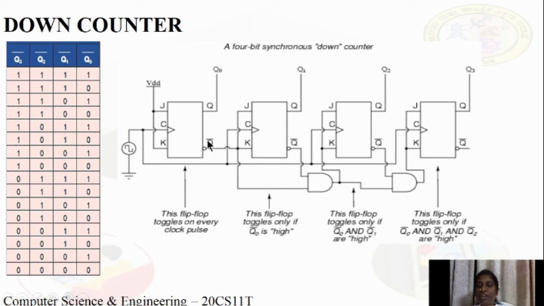If Q0 is 0, it automatically becomes high because of the bubble. Next, this flip-flop toggles only if Q0 bar and Q1 bar are high. Next, this flip-flop toggles only if Q0 bar, Q1 bar and Q2 bar are high. If we